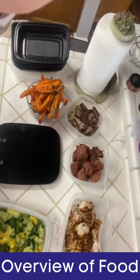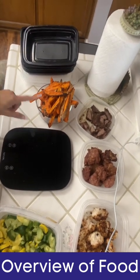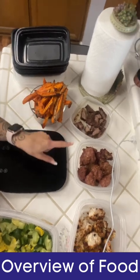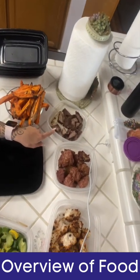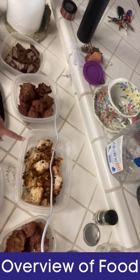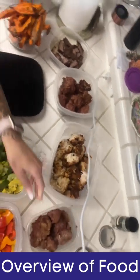So this is everything that we cooked. They were boiled first and then roasted with salt. That's so good. We cooked them in the same pan that the turkey meatballs were on. So there's so much flavor. Then we have skirt steak that we did in the air fryer. We did panko crusted ranch chicken in the air fryer. We've got more turkey over here. And then we've got